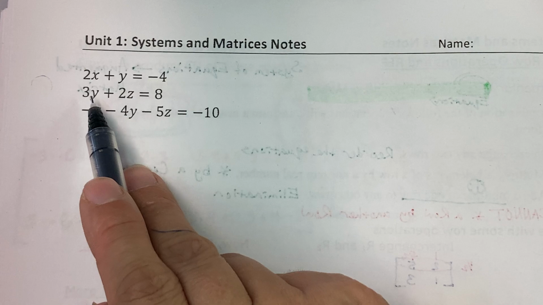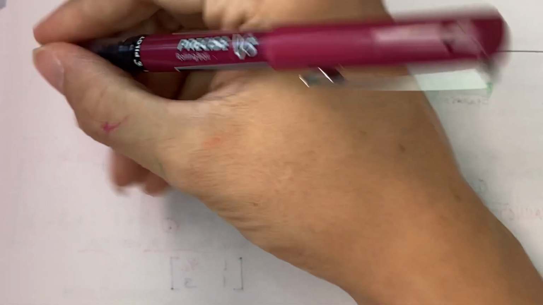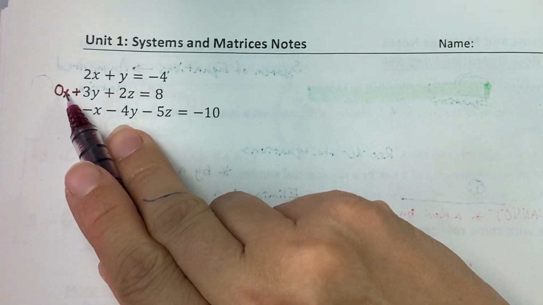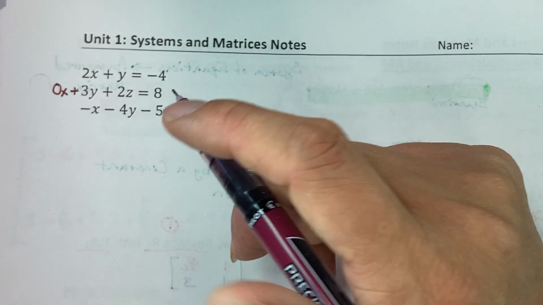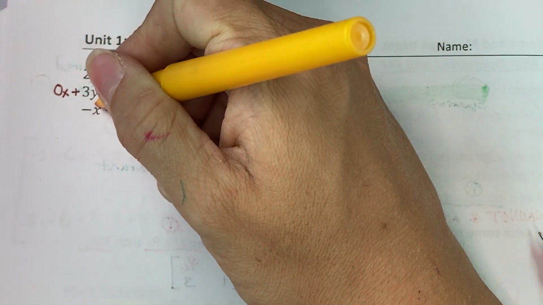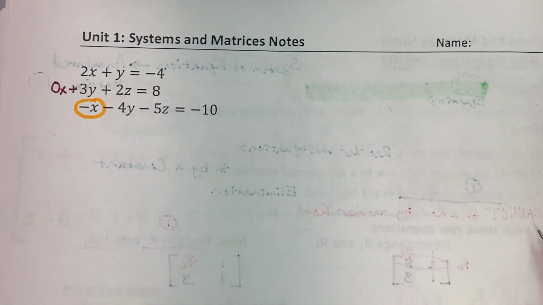Same with number 3, or the second equation. This actually doesn't have any x with it. So I'm going to go ahead and write 0x. So is there an easy way for me to make that 0 look like a 1? That's going to be a no. So this equation has a negative 1 with the x. So we are going to take this equation